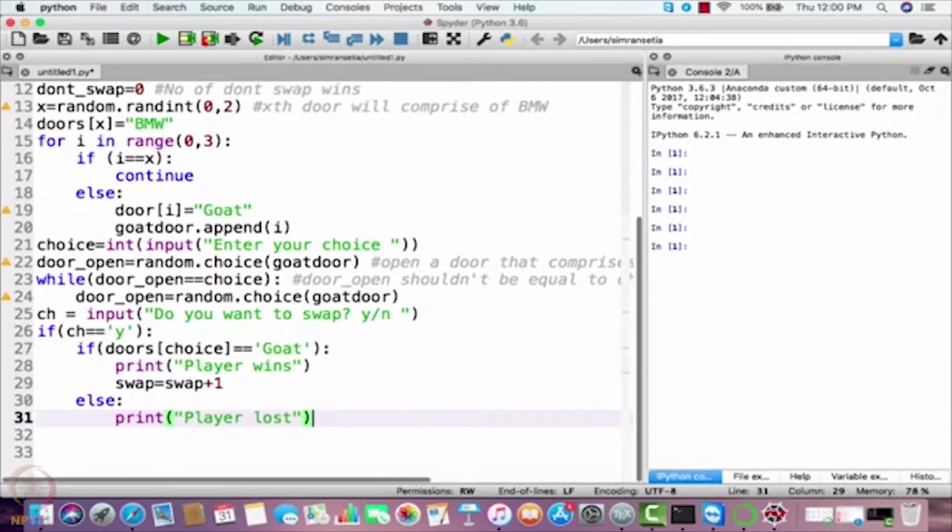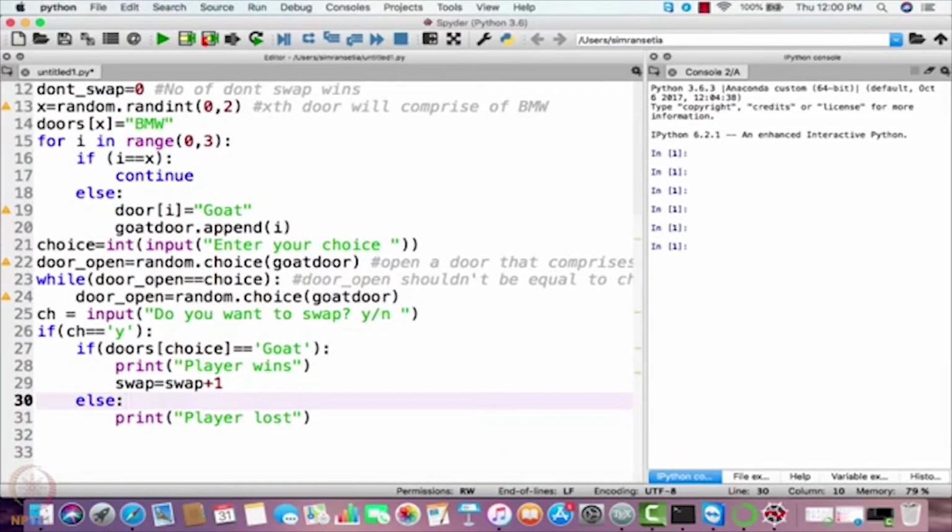I'll again explain the if else here. What we are doing here is, if ch is equal to y, that means the player has chosen to swap. If he has chosen to swap, then if he has chosen goat in his initial choice, then if he swaps here, obviously he'll get a BMW, because a door comprising of goat has already been opened, and he had chosen a goat door initially, and now he is swapping.